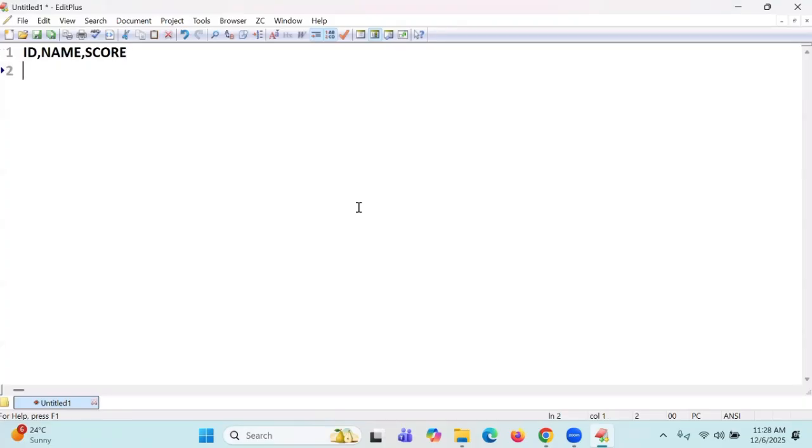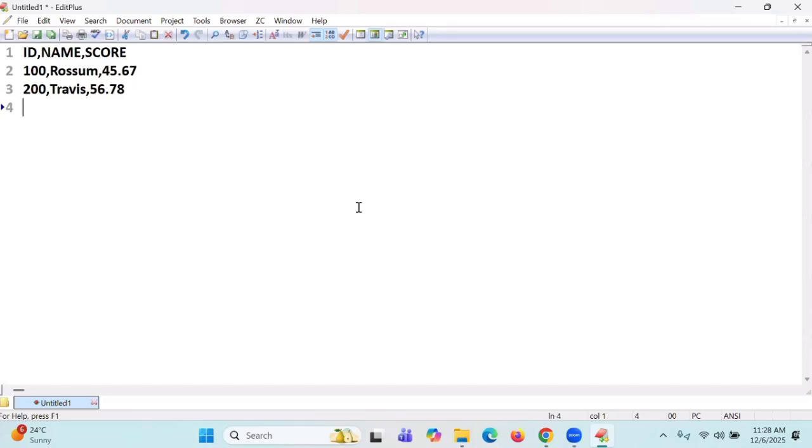So 100 is the ID, name is Rosam, and score is 45.67. Then 200, next is Travis, and 56.78.